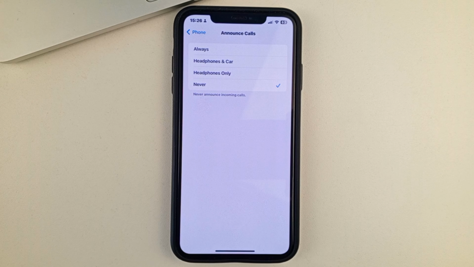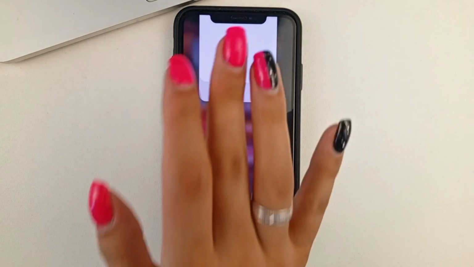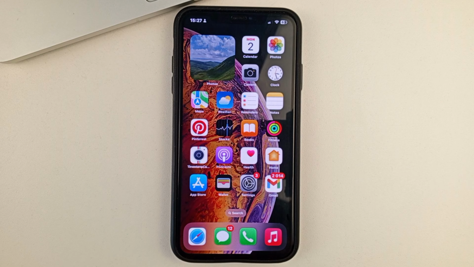So, let's get started. And now I'm going to show you this process completely from the beginning. So, friends, if you'd like to enable a feature like reading a caller's name out loud, for example, if you have an elderly person using your iPhone, or if you're using your iPhone in the car, say, and you want your iPhone to be able to announce who's calling you, it's very easy to do that.